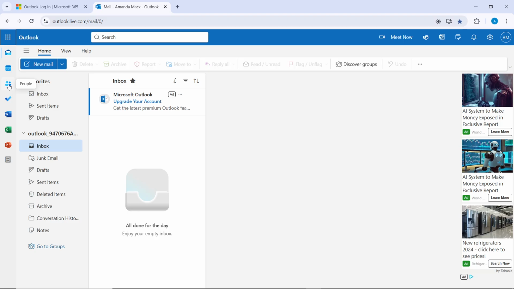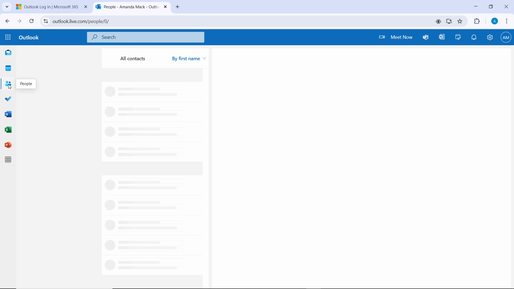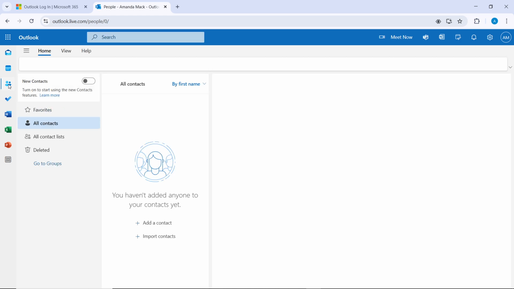Now select people, and once you select people, this opens your contact page. All right, and on the people's page, go ahead and select new contact at the top, then toggle this on. Turn it off to view contact folders in the previous versions of contact, and you just turn it on